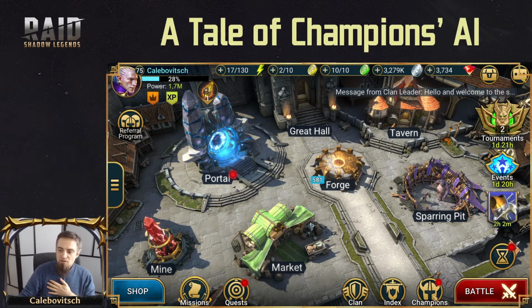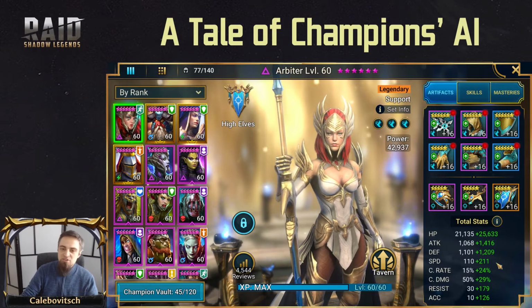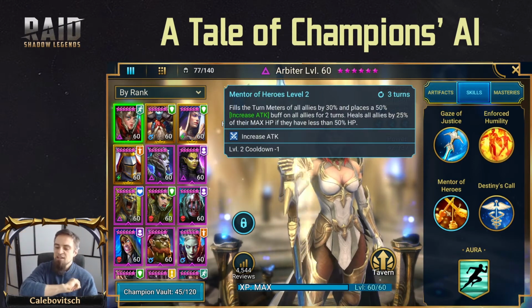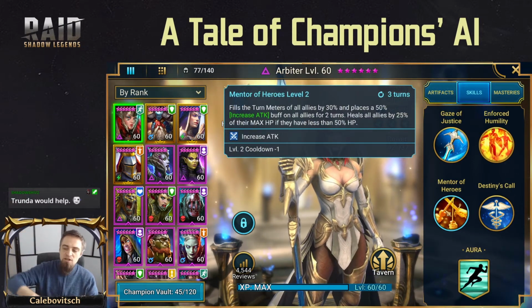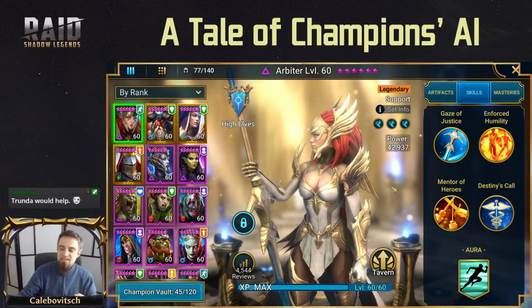So the way this went for me was my first champion to go was Arbiter, with her long legs, giving her huge speed, and her first skill of Mentor of Heroes, she gave everyone an increased attack and also whipped them up for about 30%. Next in line